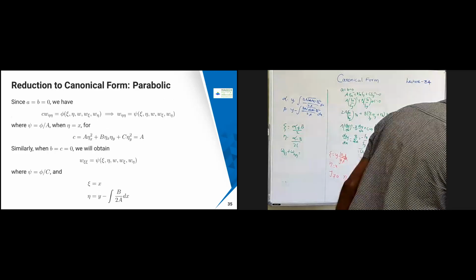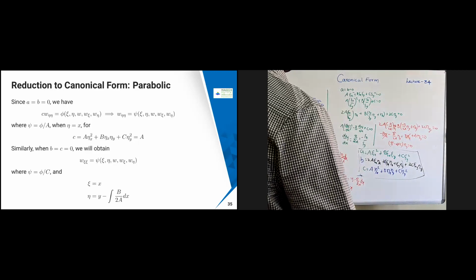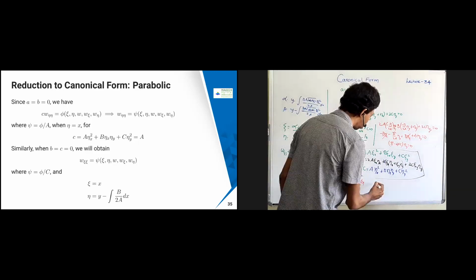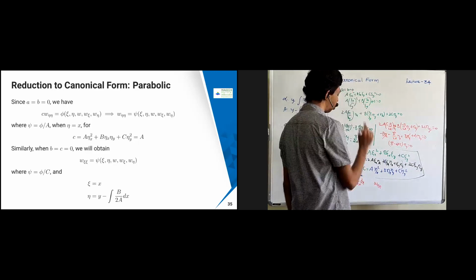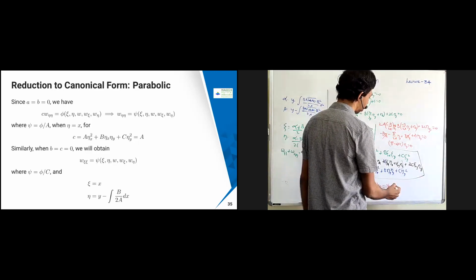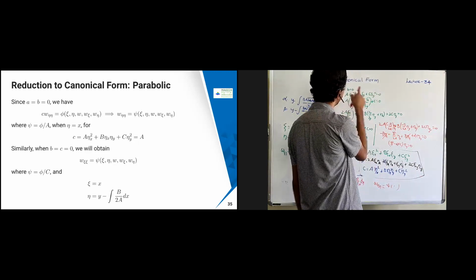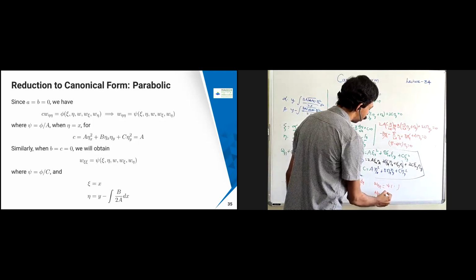So in this case, you are having a equal to 0 and b equal to 0. Therefore, the first two terms will vanish. Only w eta is going to survive, with some psi of eta going to come. If on the other hand you choose b equal to c equal to 0, a not equal to 0, in that case we will get w chi equal to some psi of x.